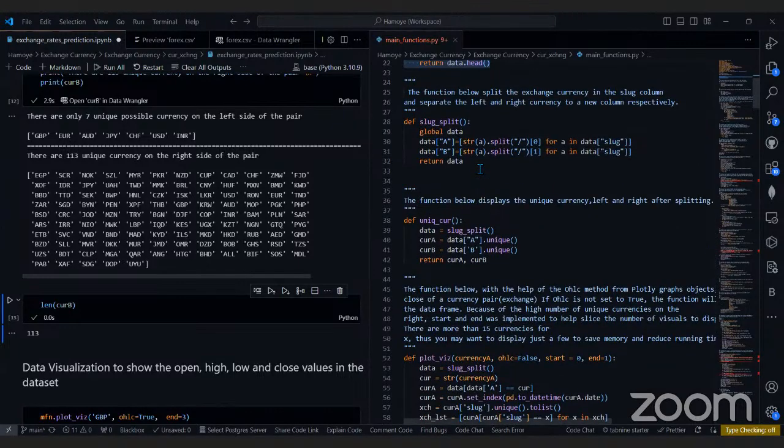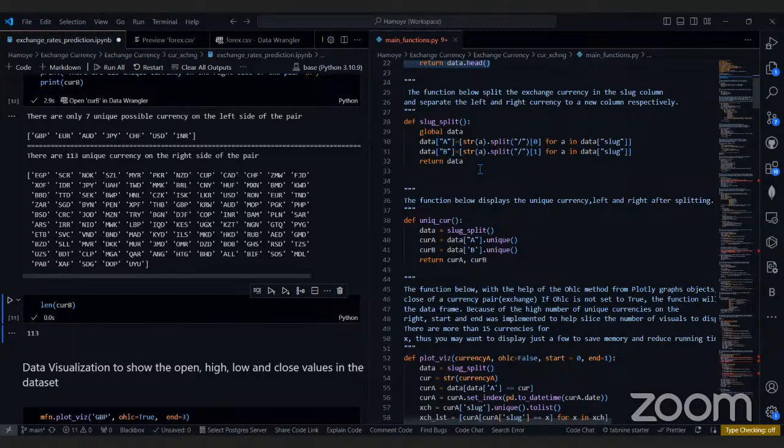Now, I have two questions actually. The first question is, why are we splitting all these currencies? Because they are in pairs, meaning that we are having conversions, right? And then the second one is, when we would have a reverse conversion, what will happen then? Will we have a unique currency on the left hand side of the conversion, and a unique currency on the right hand side of the equation?